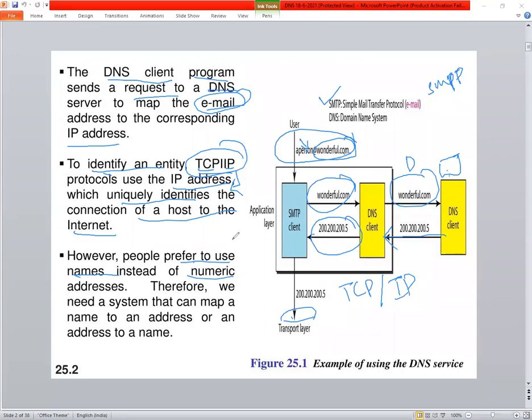So instead of those numeric values, we use names. They are called domain names, assigned to a particular numeric value which is assigned to a host. After that, mapping is done from a name to an address or an address to a name.